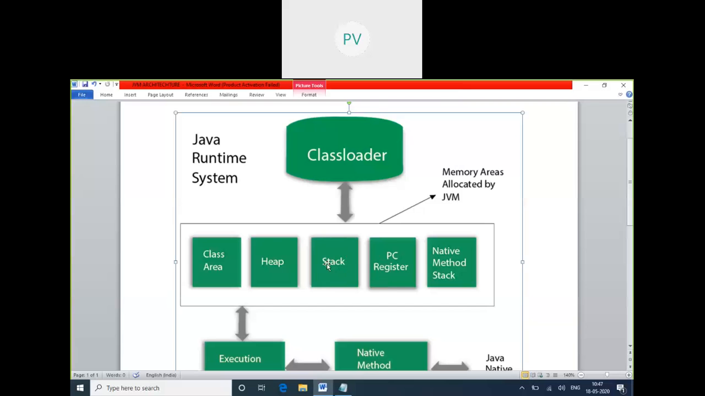And locally means every method will run on this region. And there are some regions specially called PC registers. Not only in Java, we find this in other languages also. So these regions are all specific to Java. Terminology is similar to Java, but you'll find this kind of structures in C or in any other technology,